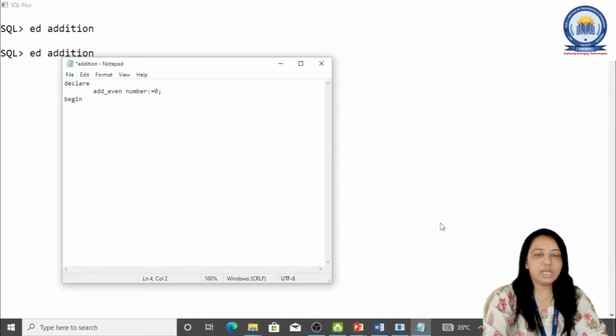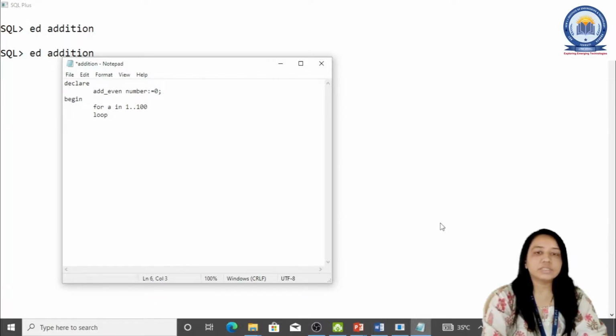In that, I have to take a for loop. So I'll start with FOR, any variable you can take, say a, then IN. After that you have to give a range. It will start with 1 dot dot end, which right now is 100, because I need to do the even numbers which are in 1 to 100. So I'll take it like this. After that you have to write LOOP.